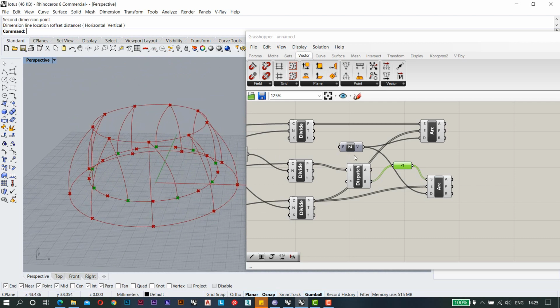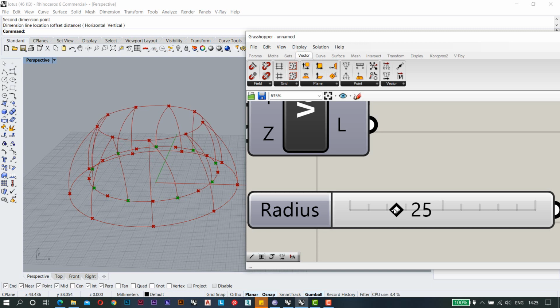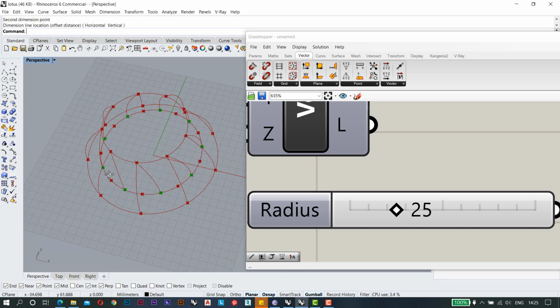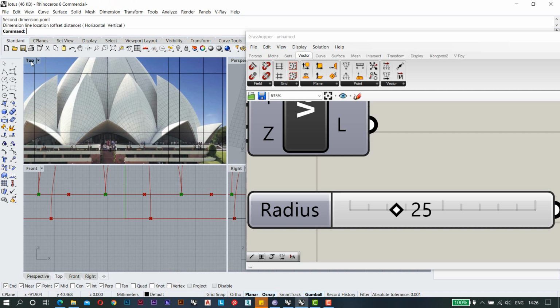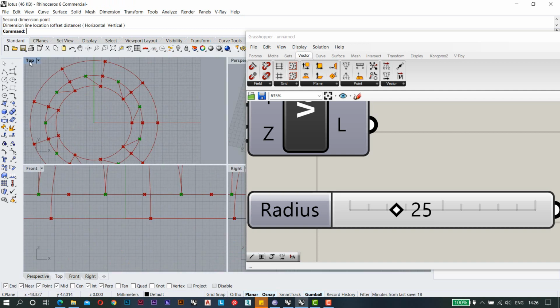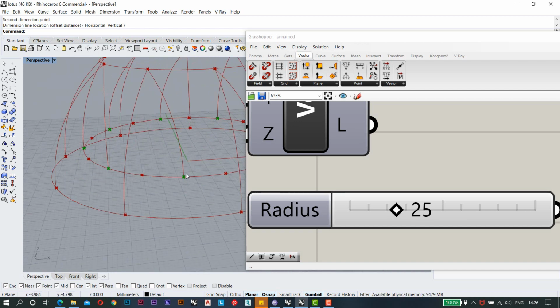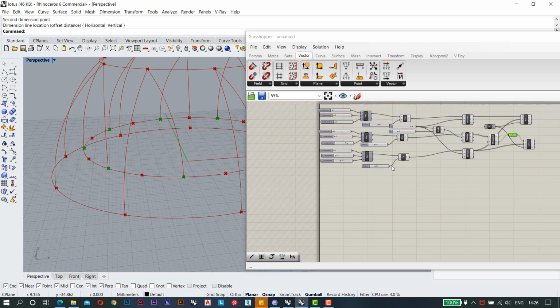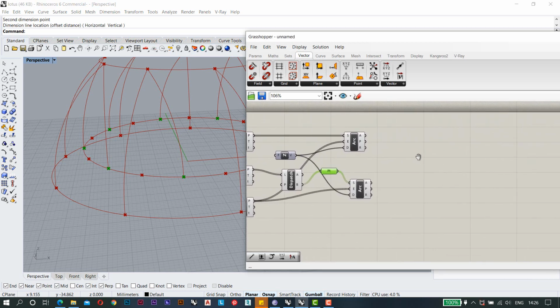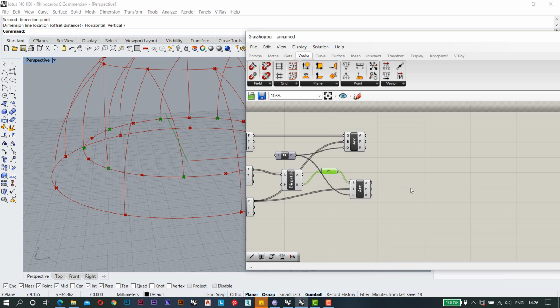So basically I will just reduce the radius, probably 25, so it gives you a little better idea. So basically we have these kind of arcs. Now what we need to do is make this arc. For making this arc, we will not use the X factor or the Z factor the way we have done these ones. Here we will use a different kind of technique.